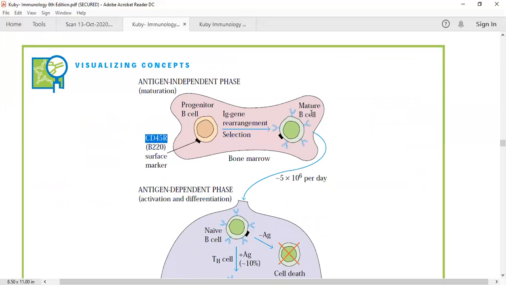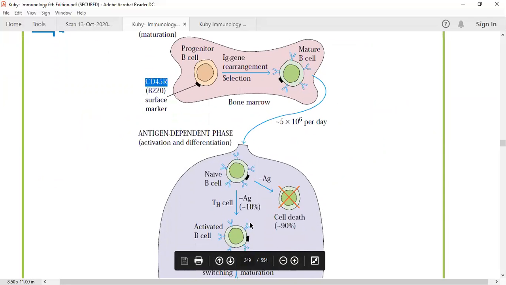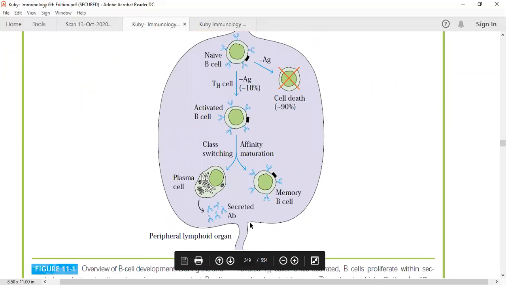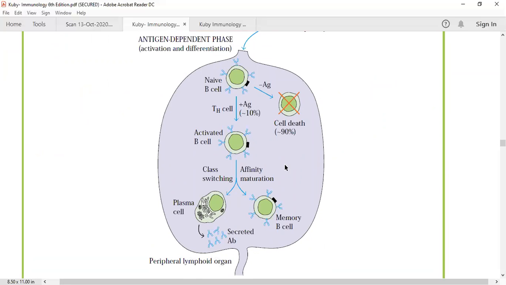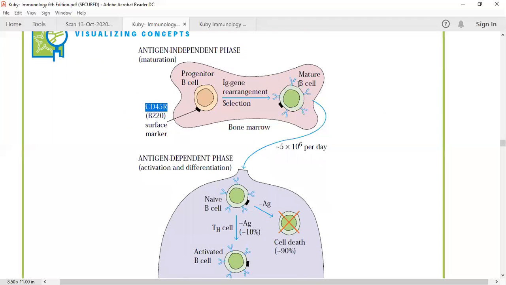So actually it is showing mature B cell here, but actually the immature B cell stage is antigen independent, then it will move into the peripheral lymphoid organs or the secondary lymphoid organs, as it is shown here also, but a little controversy in these two diagrams is shown in this particular group. All right, you need to understand this. Actually, this immature B cell will move into this secondary lymphoid organ, or in the other form, you can understand this. You can call it a mature B cell, and it will leave the bone marrow.